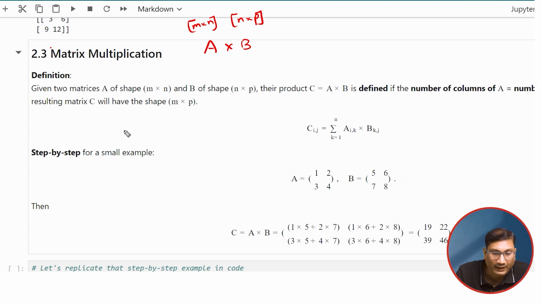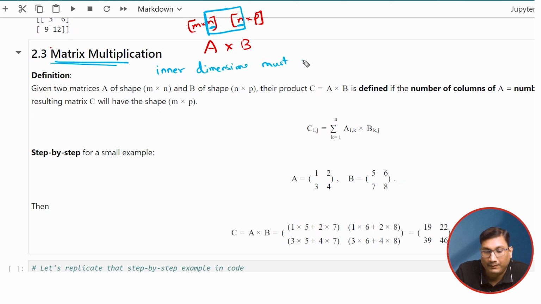If you notice here, B has to have the same number of rows as the number of columns in A. So this is what we call inner dimensions. For matrix multiplication to be successful, the inner dimensions must match. Inner dimensions means the number of columns in A should match exactly the number of rows